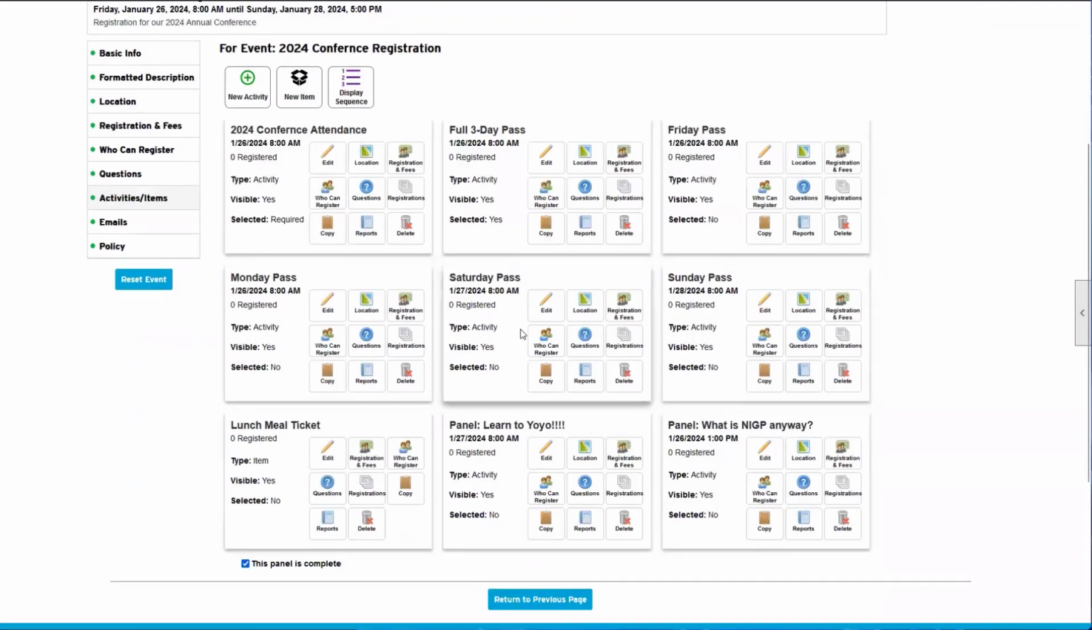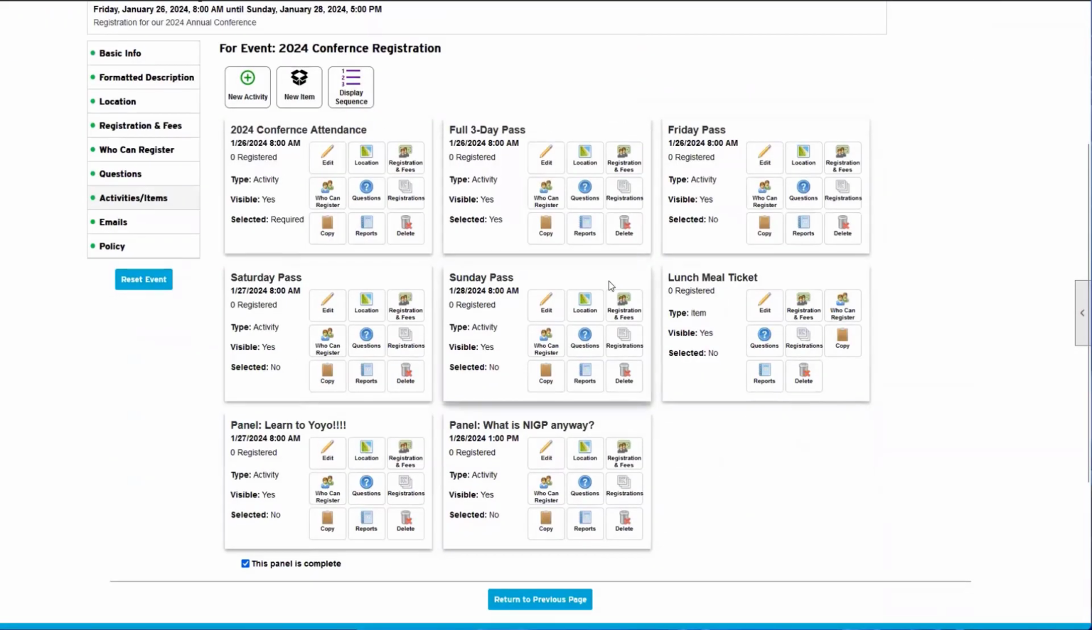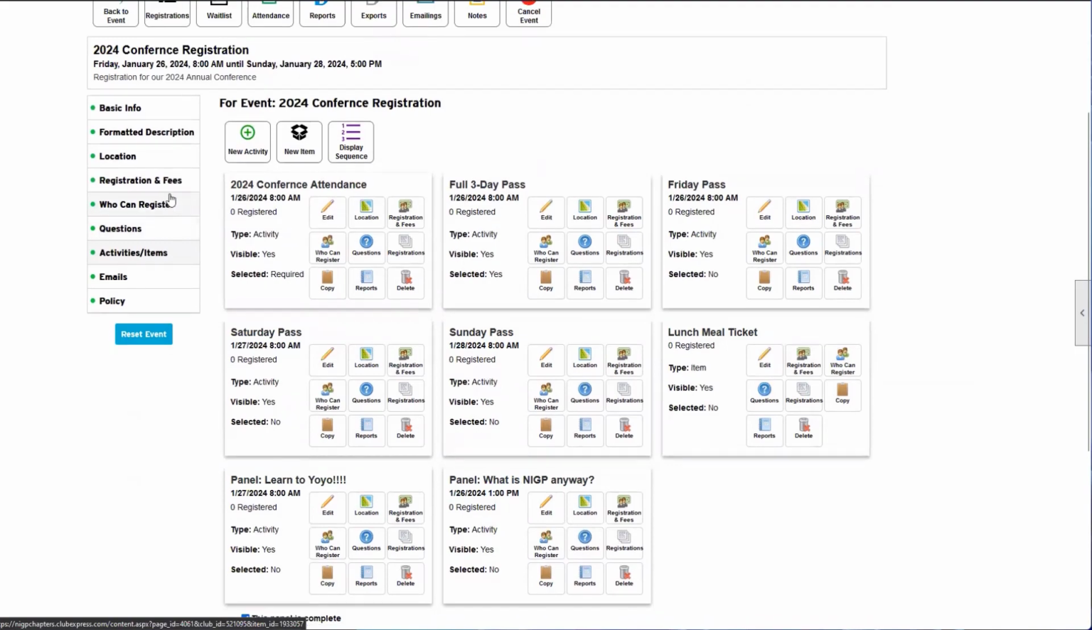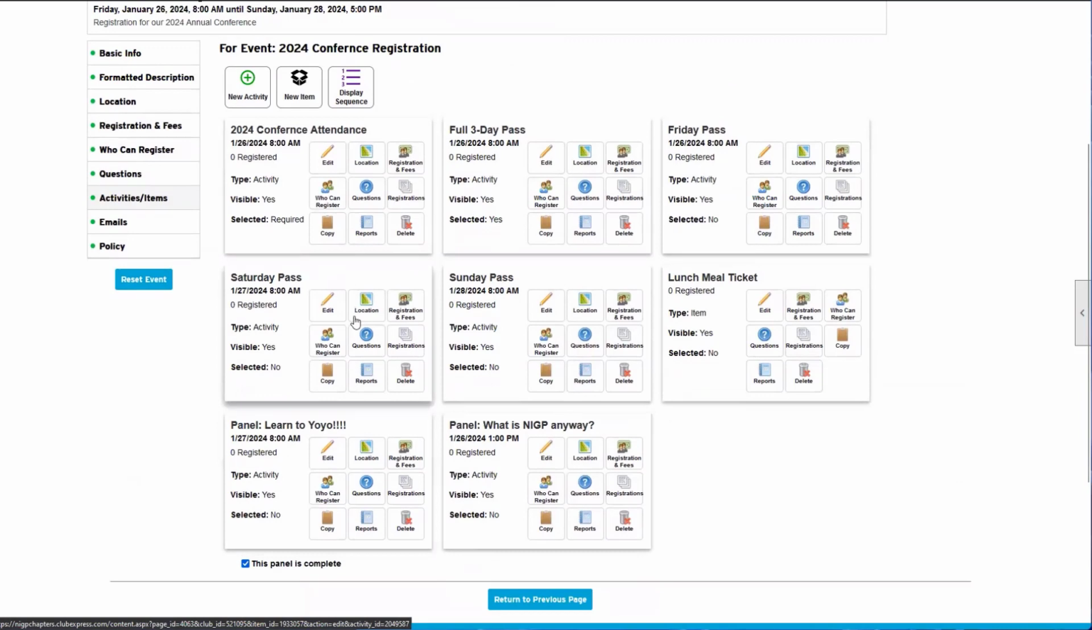If no one has registered for it yet, so let's say this Monday pass, we're actually not going to have a Monday. Unfortunately, no one has registered for it yet. We can go in and delete it, and it will drop off, and we will lose that panel. So once we're done with configuration, the rest of the event configuration holds true to the previous event that we created in one of these sessions. I want to walk you through what it looks like as a member to register for